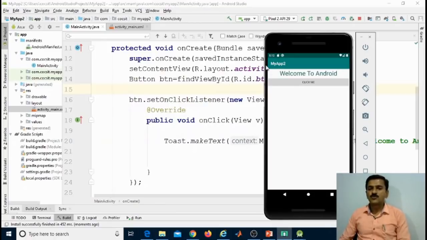After that, the program will be executed on your Android virtual device, and it looks like this. It requires some time to open the program in the Android virtual device. It first installs your program on this device, and then it opens.